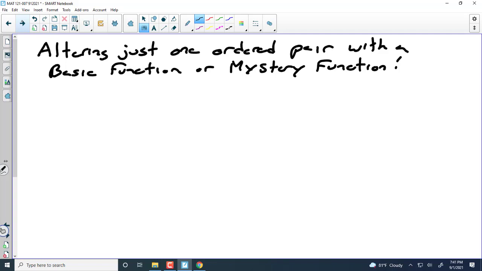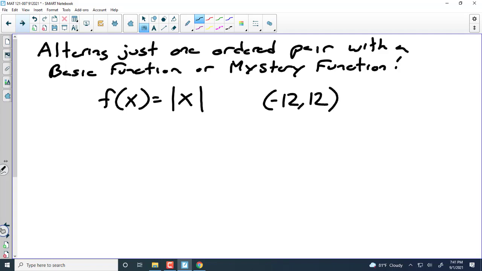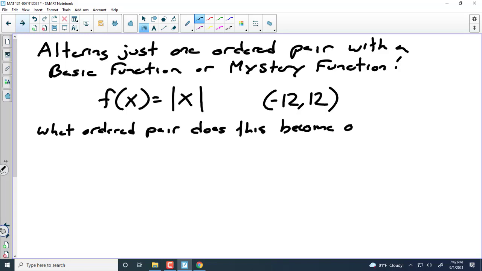All right, now, we'll do absolute value again, because we're here. And check this out. Now, I'm not saying that's one you want to plot, because it's getting kind of far away from the origin as far as drawing a coordinate system goes, but does everyone agree that negative 12, 12 is on that graph? Here's the question. What ordered pair does this become on